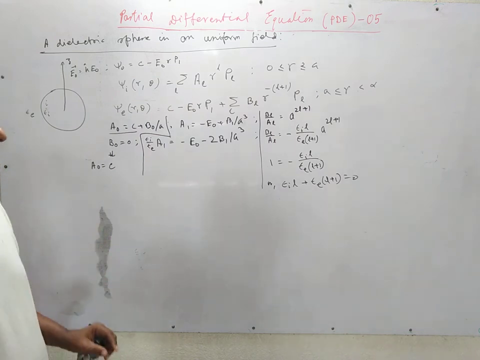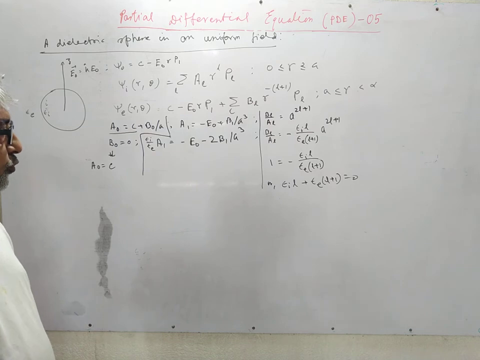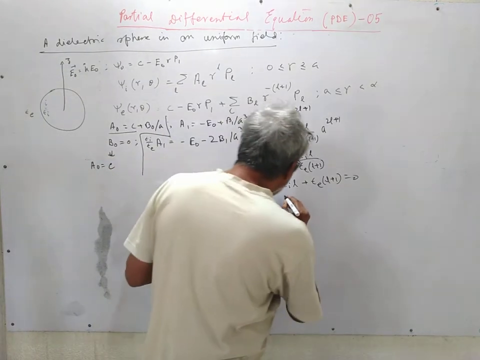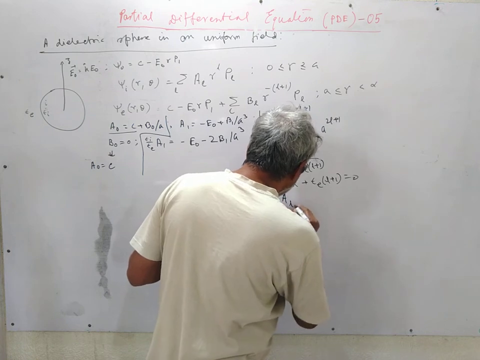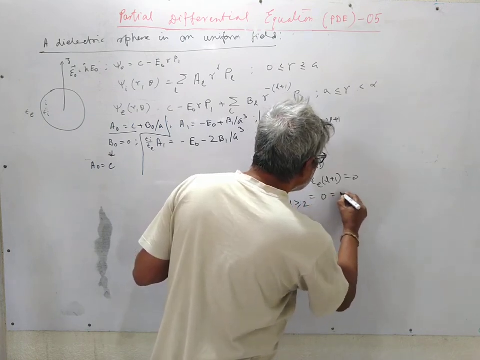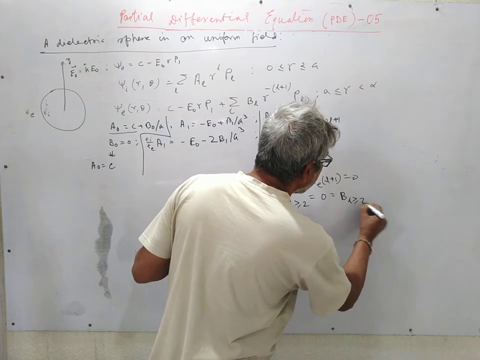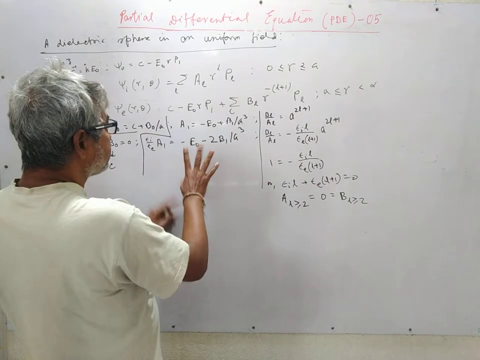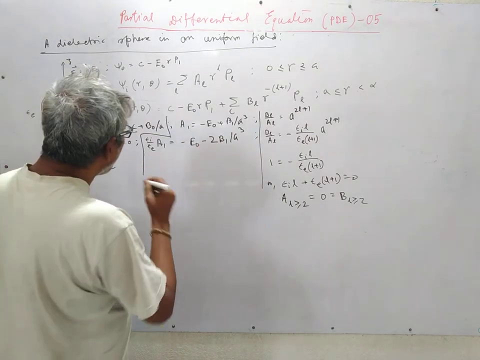That is, AL for L greater than or equal to 2 is 0. Similarly, the BLs are 0. So our conclusion is AL for L greater than or equal to 2 is equal to 0, equal to BL for L greater than or equal to 2. So the only thing that remains is this part, and we can solve